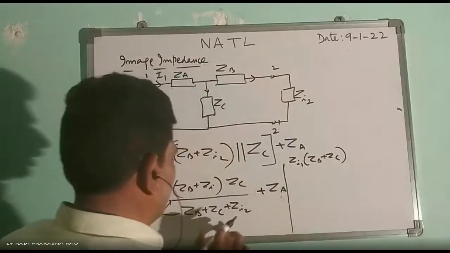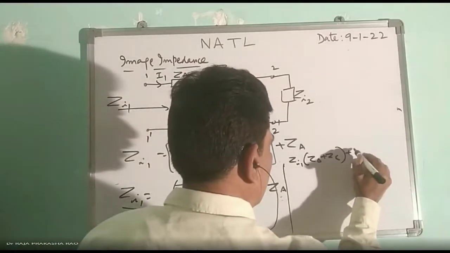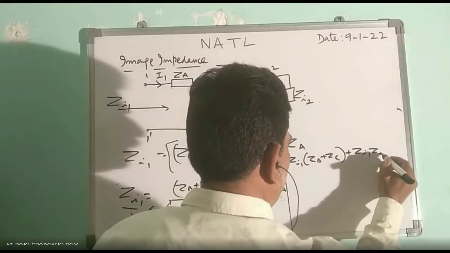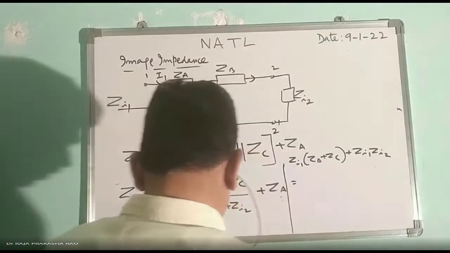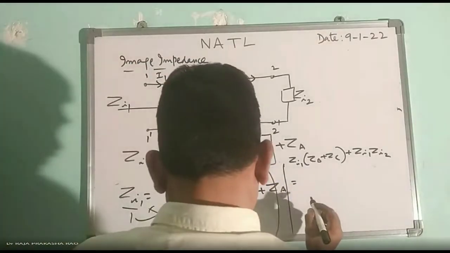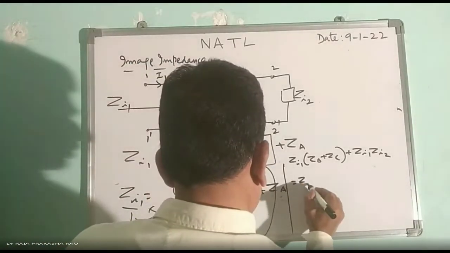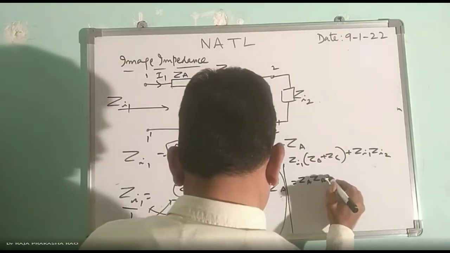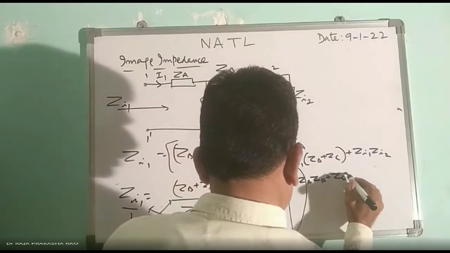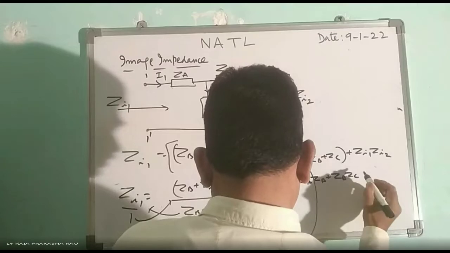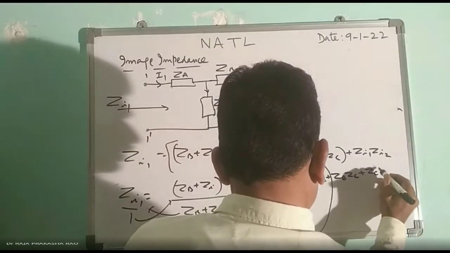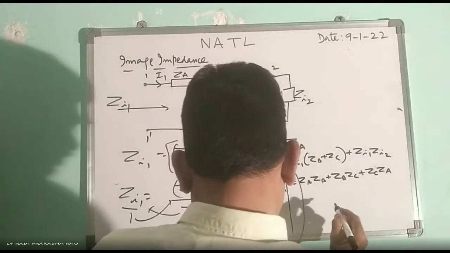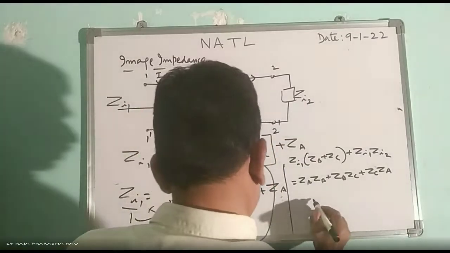That is ZI1 into ZB plus ZC plus ZI1 into ZI2 equal to ZA ZB plus ZB ZC plus ZC ZA plus